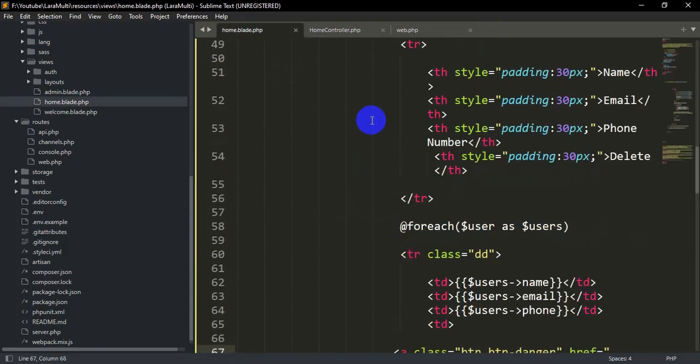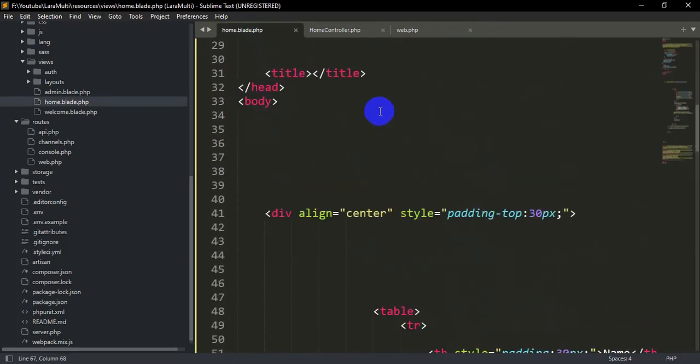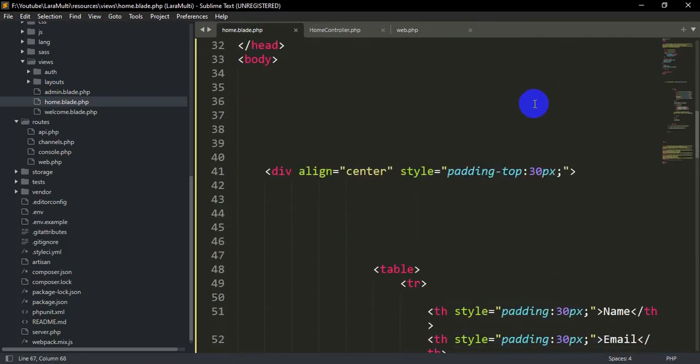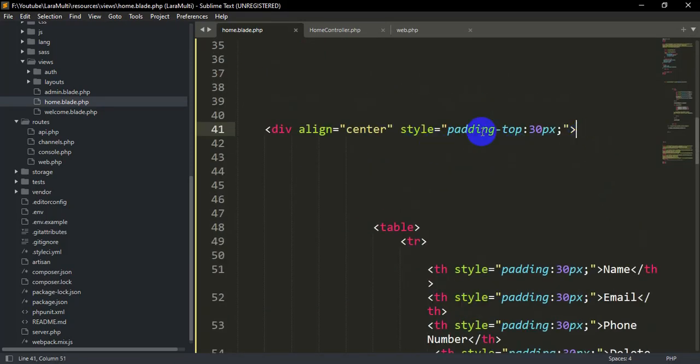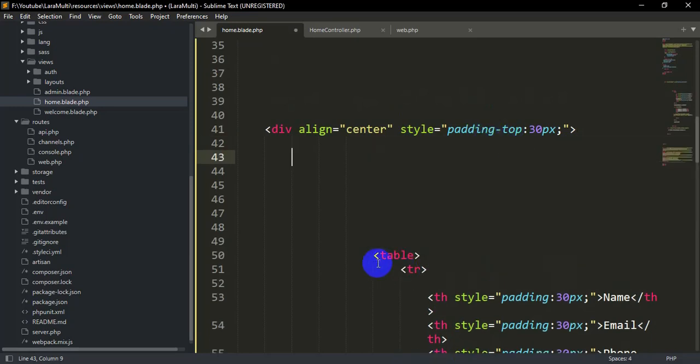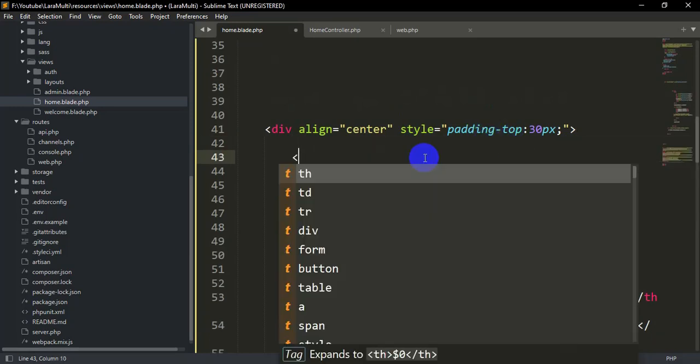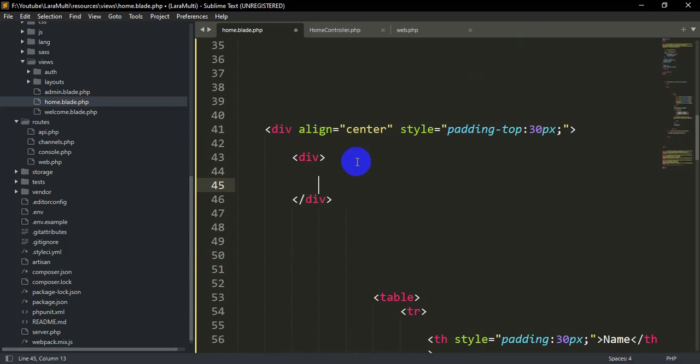home.blade.php, and over here let's say we want to show the delete message over here inside this div. So just before this table I'm just going to declare another div, and I'm going to declare an if condition here. I will say if, then I'll say session, then two brackets, and this arrow sign has, then we'll say message.